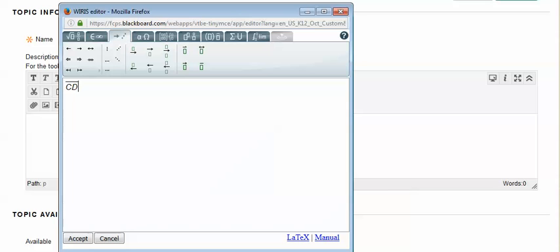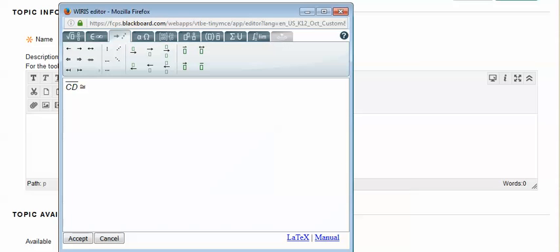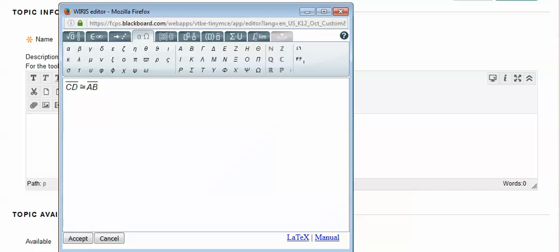Now I did line segment CD, but notice that I can also type the letters that are not under the line. Right now I'm under the line, so if I did the congruent symbol, I would still be under that line. I want to make sure I get out from that first, so I'm going to use my keyboard or my mouse to move out from there. Then I can do is congruent to, and then another one of those, is congruent to line segment AB, for instance. The next tab is showing you some Greek letters,